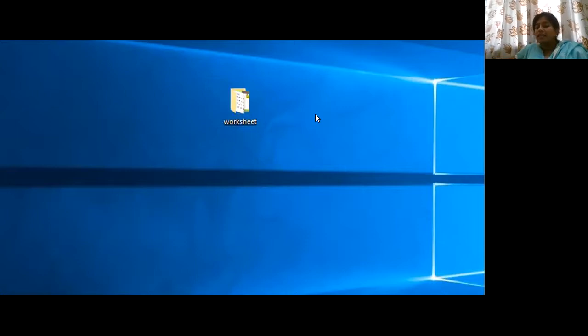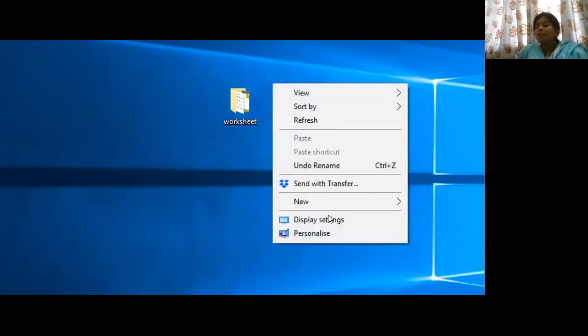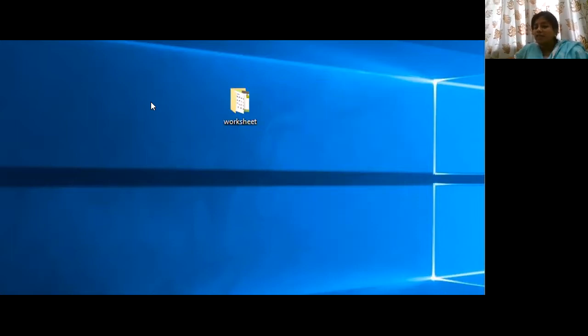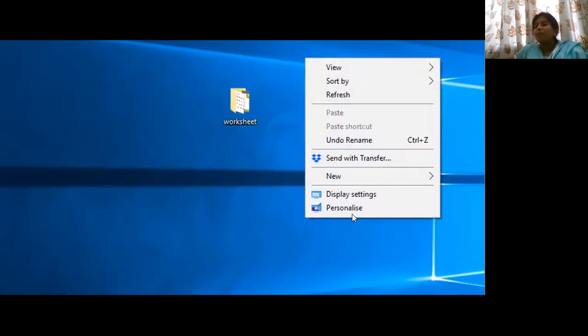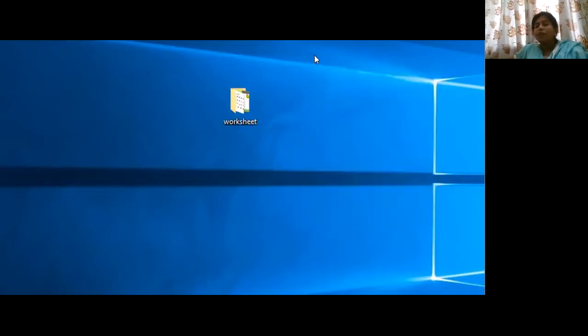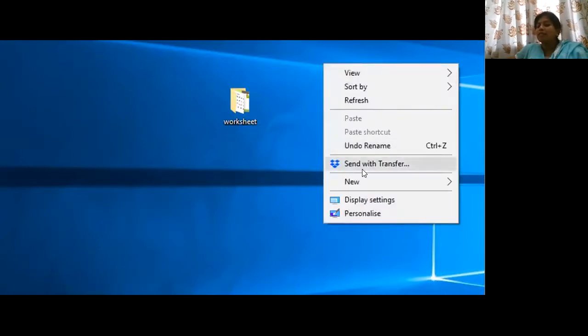Okay, and as I said, let's do one single right click. When I'm doing a single right click, a menu is coming. Yes, a short menu has appeared in front of our screen. See, with a left click, only an object can be selected. There's nothing else happening. But with a right click, we are getting a menu. And if I do a double click of the single right click, nothing will happen. It will just give me this one.